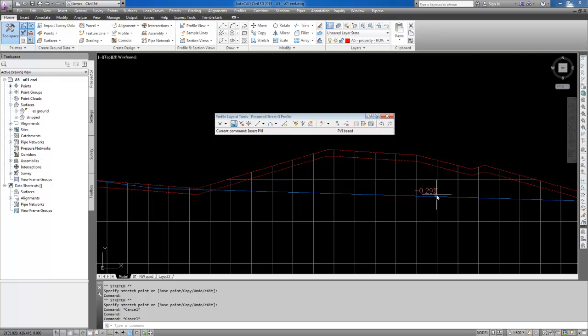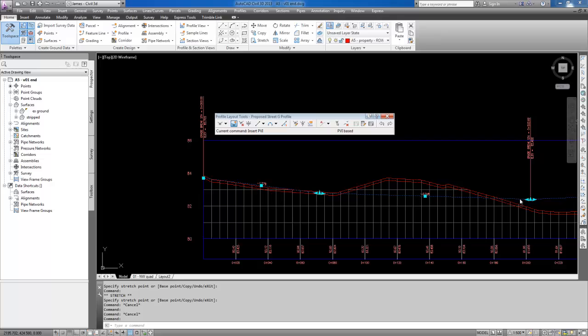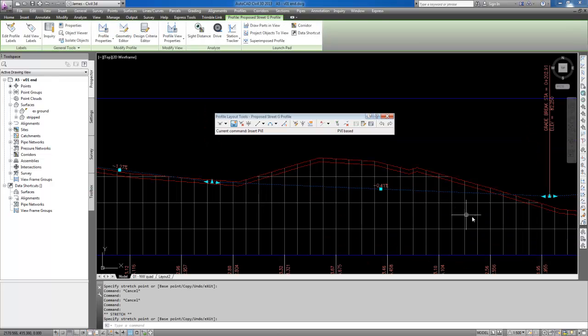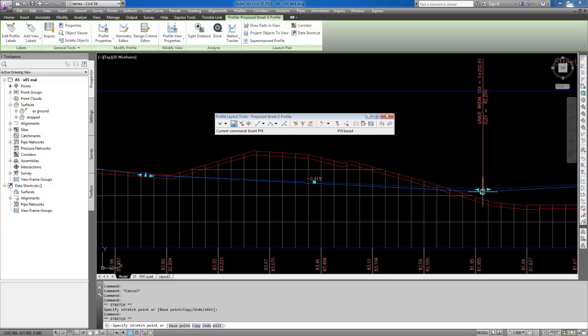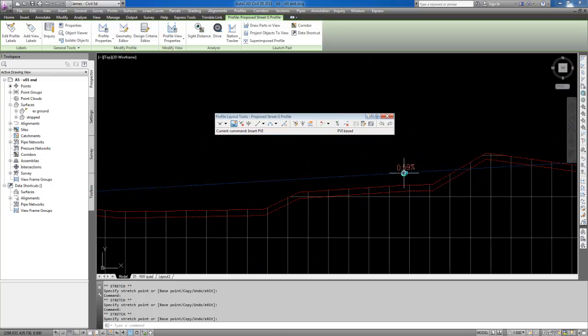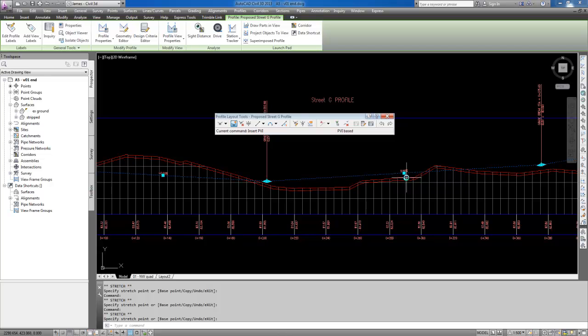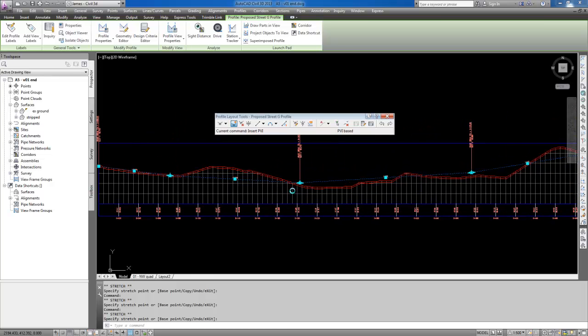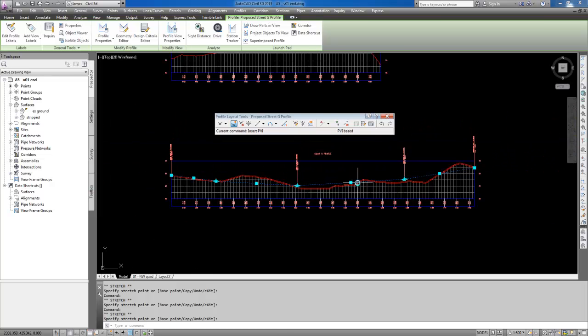Then we can see this is still at 0.29%, which the grade is too slight, so we'd have to probably drop this to have it at 0.4%, 0.49, and then again minimum 0.5%, and then over here is 0.59%. So the change in grade over here would be greater than 1, so that would have to be changed as well. So as you can see, you can just graphically get it close to where you want things to be,